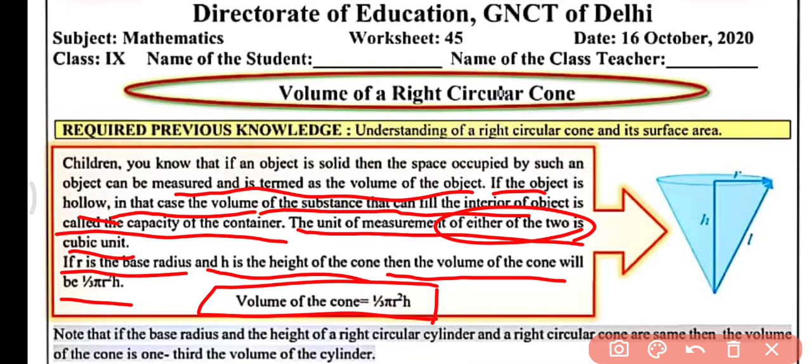So now for activity you can take a hollow right circular cone of height h and base radius r, and also take a hollow right circular cylinder of same height h and base radius r such that it is open at top. The cylinder should be open at top and closed at bottom, so that we can fill the quantity in it.